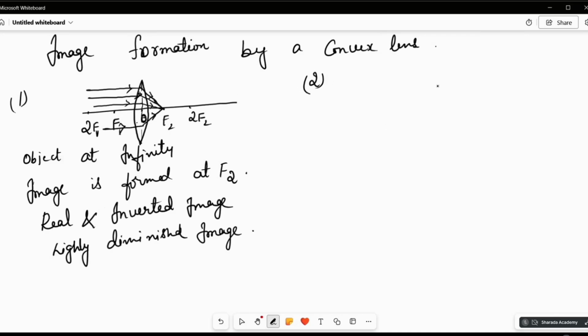Then optic center, F1 to F1, F2 to F2. Now we are keeping the object beyond 2F1. First one was at infinity, a very far distance. Now it is beyond 2F1 at some finite distance. So beyond 2F1,